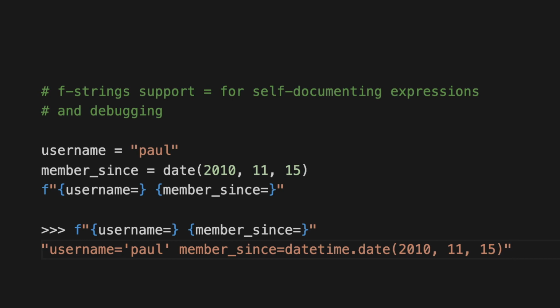This can be useful especially in debugging, so we can log the value of a variable, and to do that we simply have to use this notation to have both the reference to the variable name and the value.